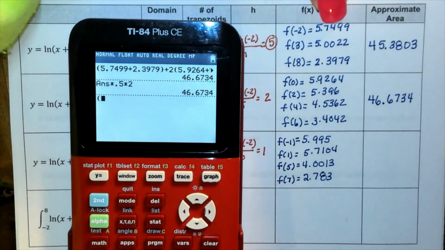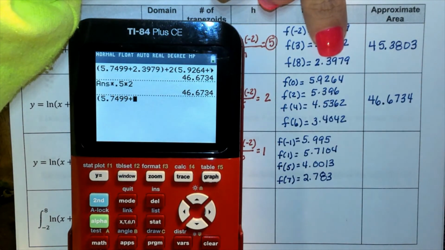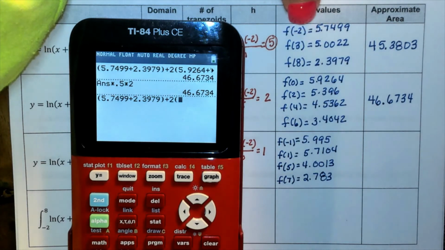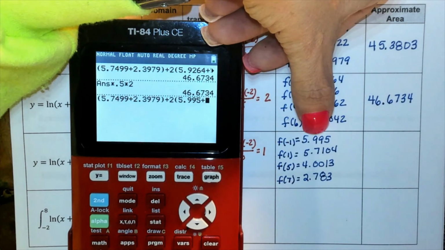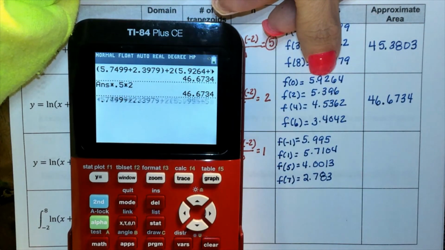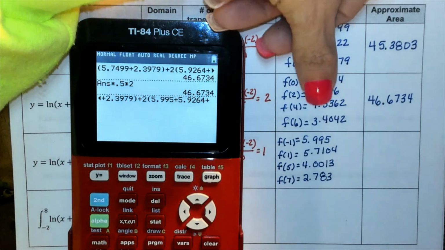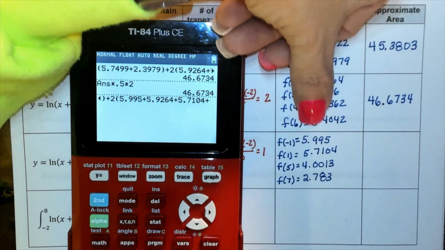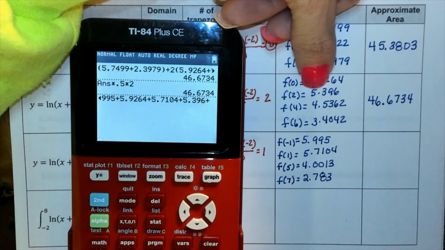All right, second quit. I think that was actually a little faster, since I already have my numbers. All right, 5.7499. The first one plus the last one, which is f of 8, 2.3979. Plus 2 times all the other ones. So we're going to start with, we're at -2, so let's do -1 next. 5.995 plus, after -1 would come 0, 5.9264 plus 1, which was 5.7104 plus 2, 5.396 plus 3, which is up here,